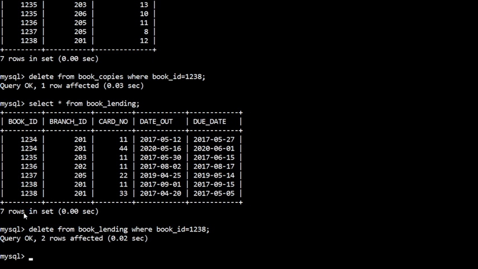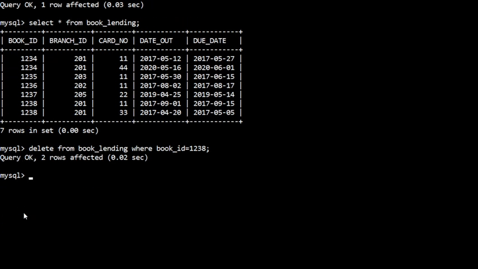Okay, now you try to delete the book from the book table. Delete from book, where the condition is book ID equal to 1238. Now it got deleted. Now if you have added ON DELETE CASCADE when you are adding the foreign key constraint, then no need to delete the tuples from the child table.